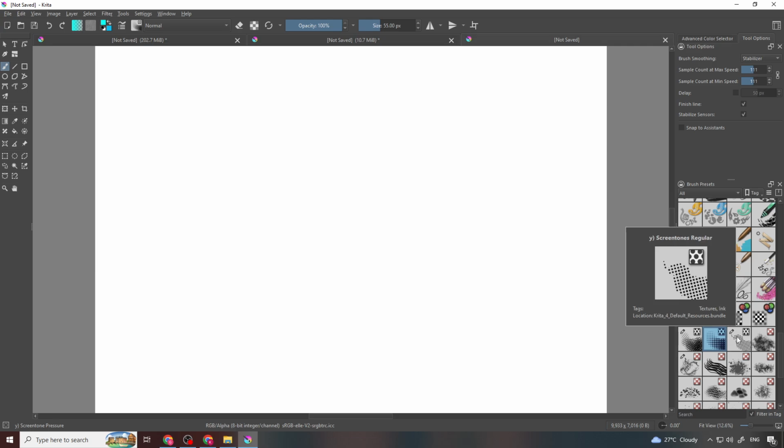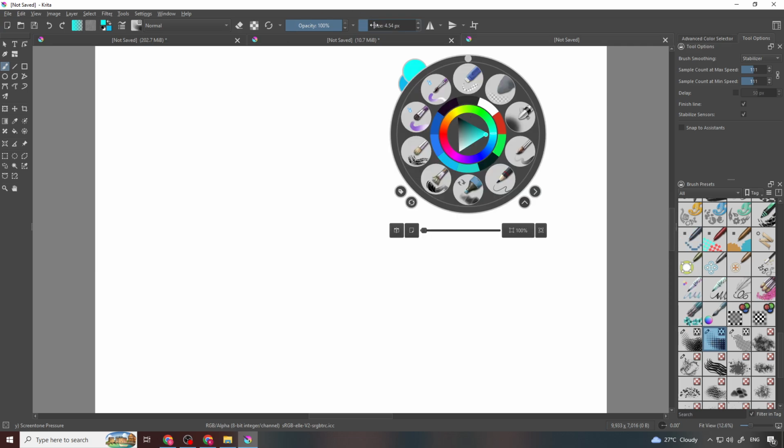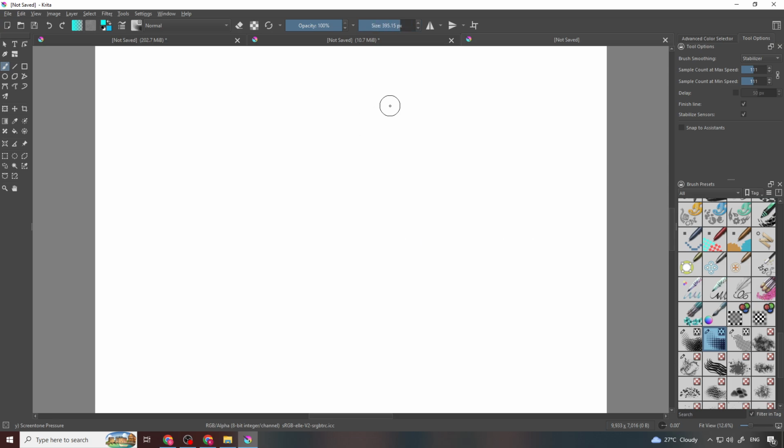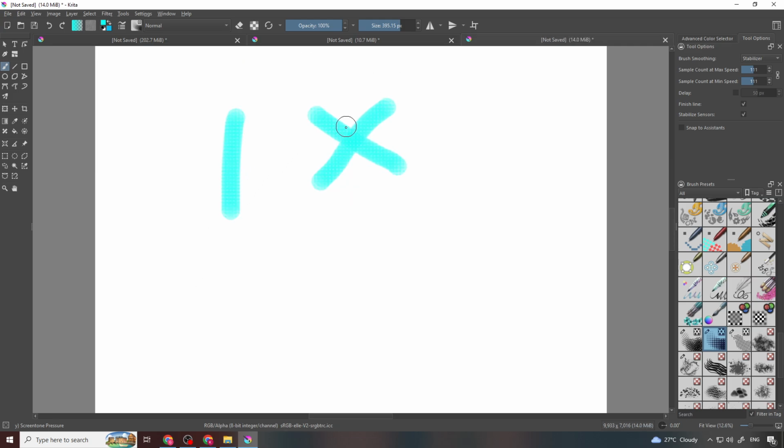Once the screen tone pressure brush preset appears, click it to select the brush. Next, adjust the brush size from the top toolbar. Increase the size value for a larger tone area, or decrease the size value for smaller and more detailed tone effects. The screen tone pressure brush in Krita is useful for adding screen tones, shading effects, and pressure-based dot patterns